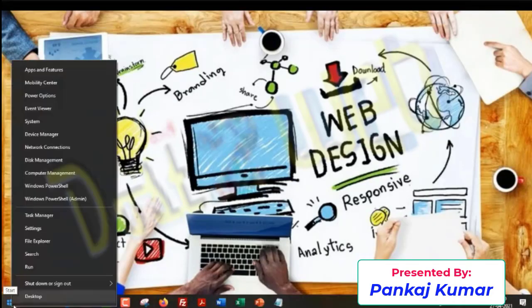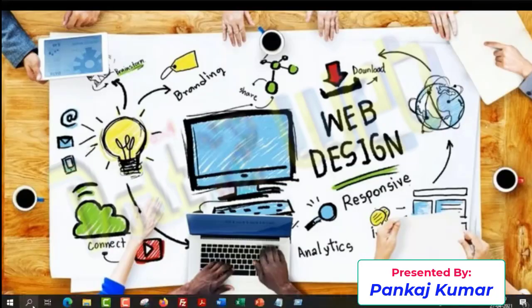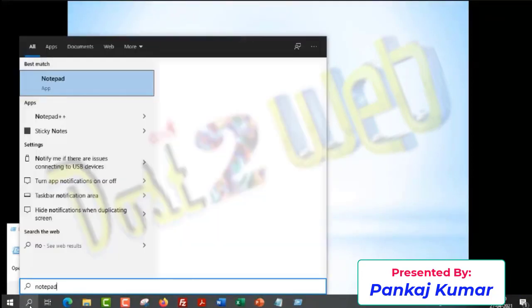If you want something with colors, then install another software called Notepad++. That is the second software you can use.